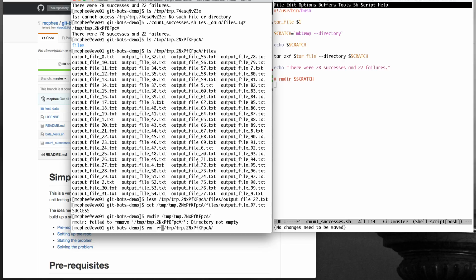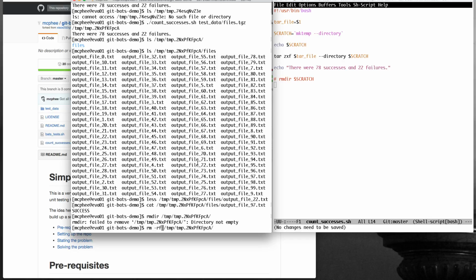And F says force. By default, rm -r is interactive. It will ask us about every file one at a time. Do you want to remove this? Do you really want to remove this? Which in this case, we've got 100 files and 2 directories. That would be really tedious and clearly not good in a script, because the user doesn't want to be surprised to find out they've got to approve the removal of hundreds or thousands of individual files. So rm -rf is the right tool for the job here,